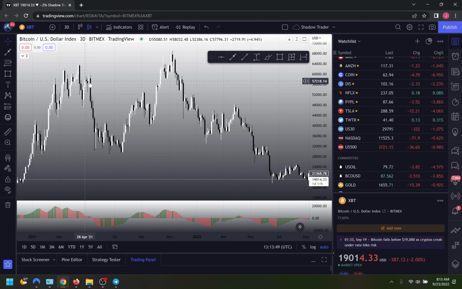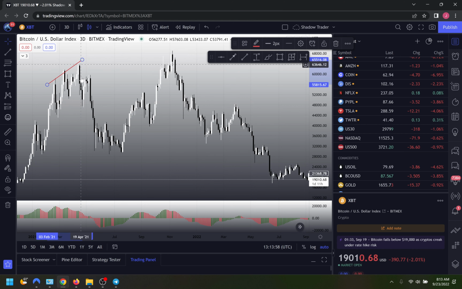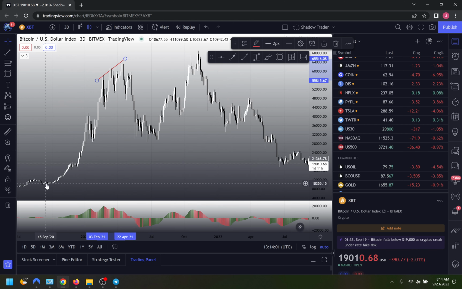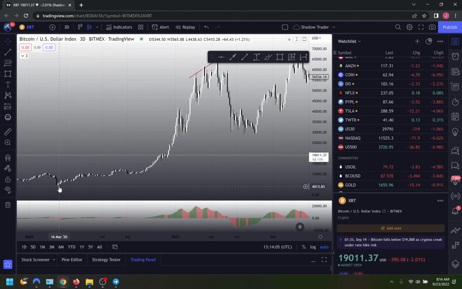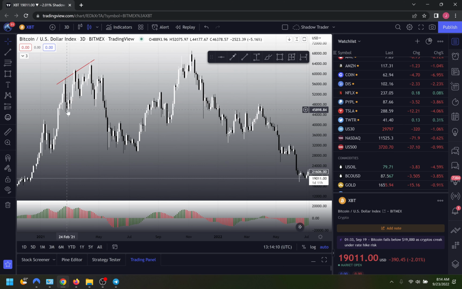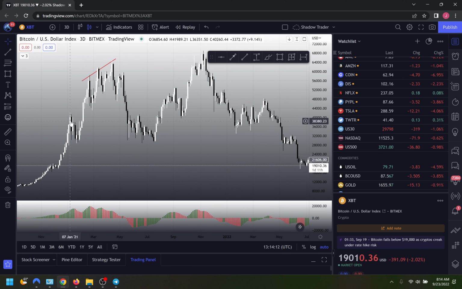So let's go back in time, back in March of 2021 when I initially caught the first short, when we were pumping up all the way from sub 6K way back here. You can even go further back, sub 6K, and the pump just rode up to 65,000, really close on BitMEX. But again, all I'm looking for is shorts above the balance line. And what I was looking for as we rode up to 65K, which was an insane bull run,